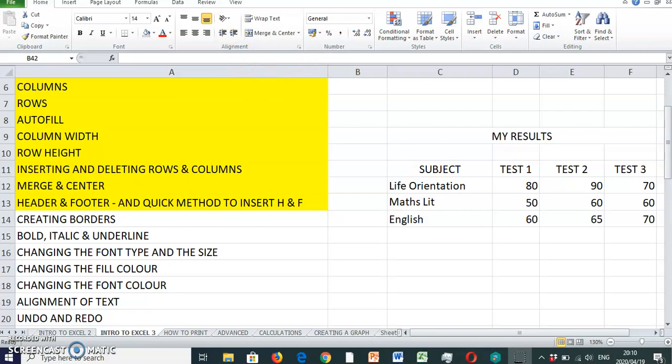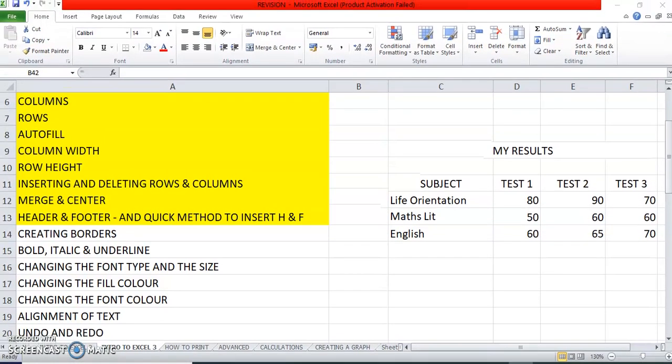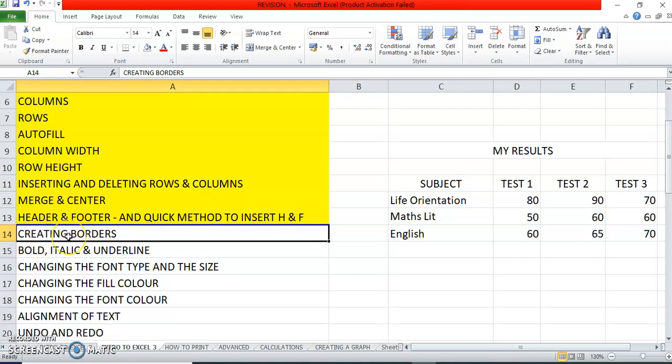Hi students. So I'd like to illustrate more functions that you will come across in Excel. So the first one that I'd like to show you is how do we create borders. So the way in which we create borders